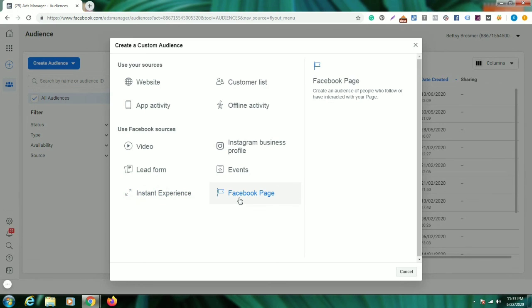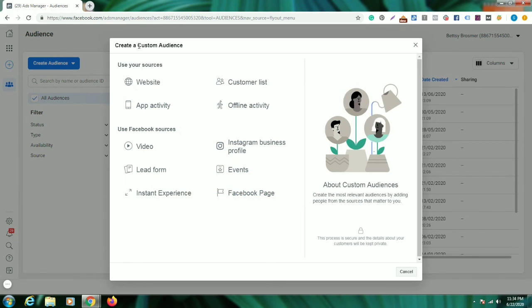And you can also create an audience of people who follow or have interacted with your pages, meaning someone watching your videos, reacting to your videos, commenting on your posts, or who might be your page followers. So you can create audiences based on these also. These are the sources you can use to create custom audiences. So this is it.